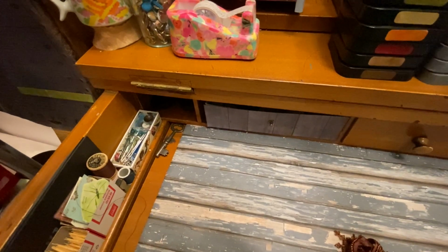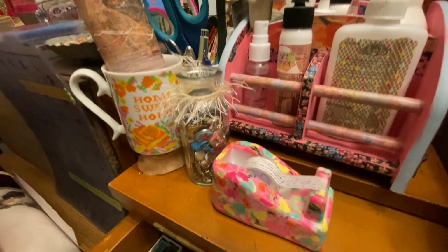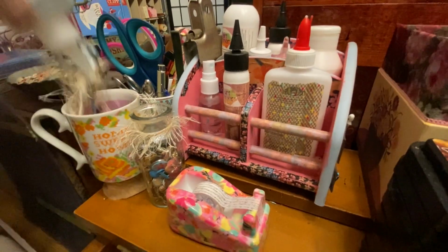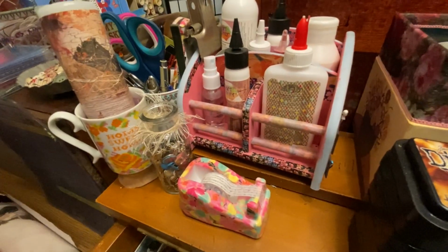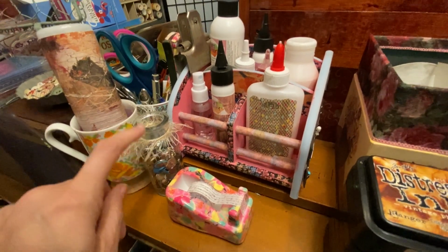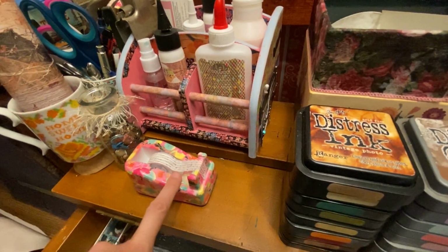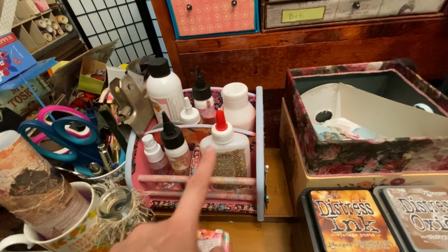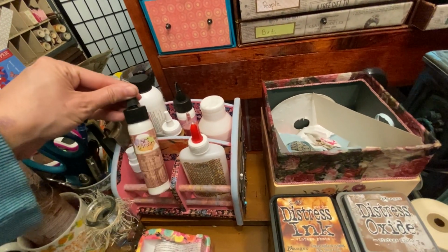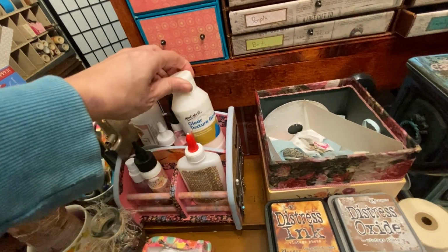I'm gonna go back over here. In there, I'm keeping my frequently used decorative scissors. So I've got a cute little coffee cup here. It says Home Sweet Home, and that's my Fabri-Tac glue with my glue topper in there. Some brads, decorative brads, and then some of my tools. I've got a tape dispenser that I just got for my birthday a while ago, and my glues. And I've got art glitter glue, tacky glue, gesso,